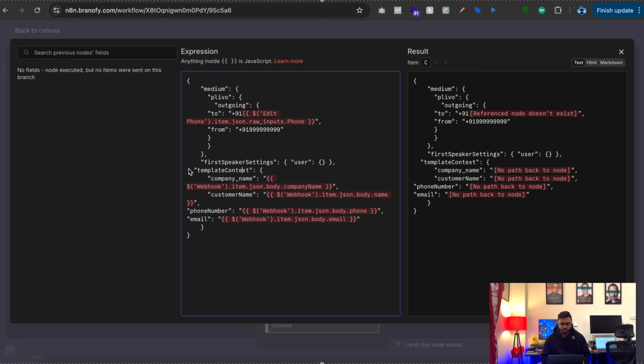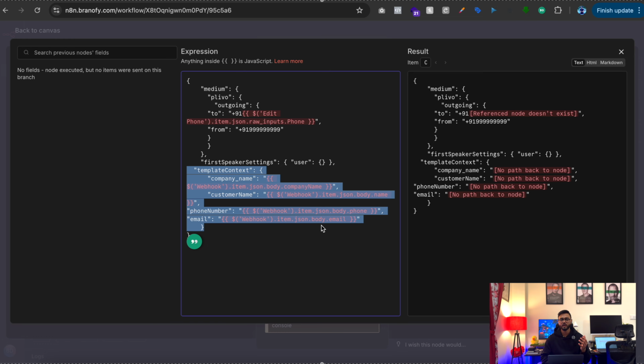Now remaining everything keep as it is. If you come down, if you see this particular step where I've written template context, these are nothing but the variables that we are going to send to our Ultravox agent, so that the agent receives the data like the phone number, email ID, company name, or any other variable that you capture from your form, and you want to send